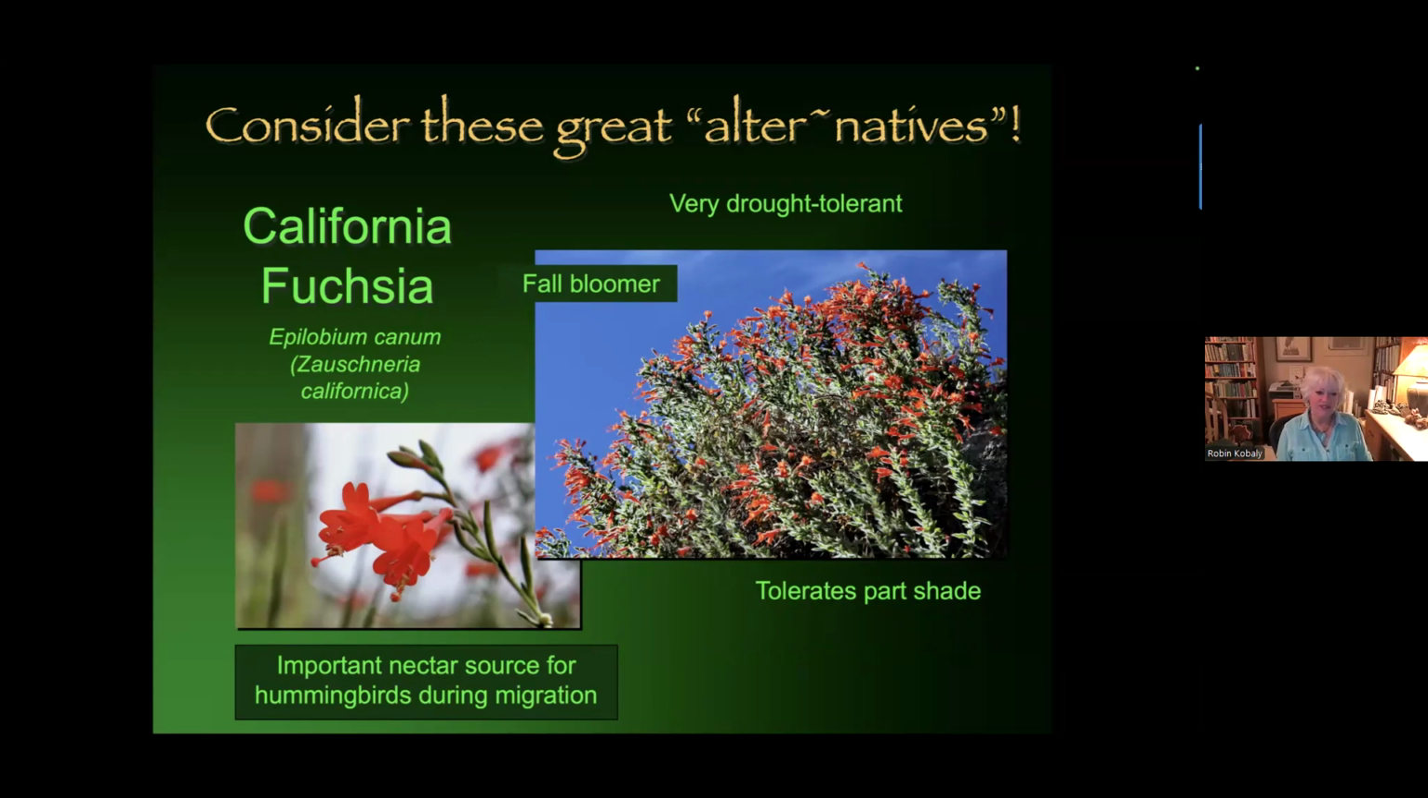Epilobium canum or Zauschneria californica, depends on, if they've changed it again, the name. California fuchsia is really interesting because it's a fall bloomer, and it blooms right when hummingbirds are on their fall migration. The hummingbirds have a long enough bill to actually get the nectar out of it, and it's such a long throat that very few other things can get in there and sip the nectar. So it's a pretty symbiotic relationship